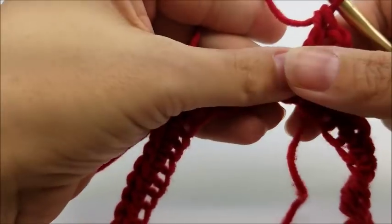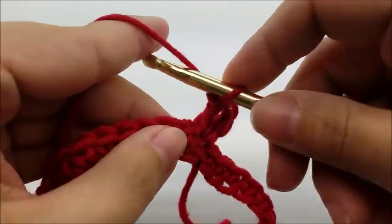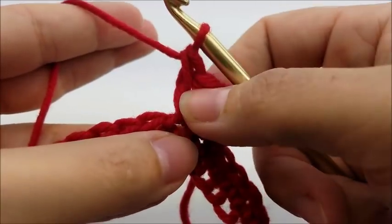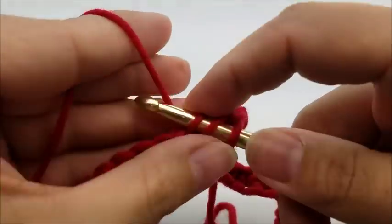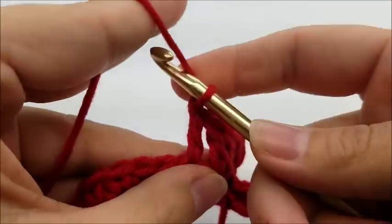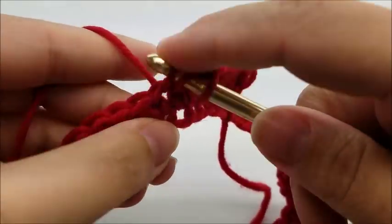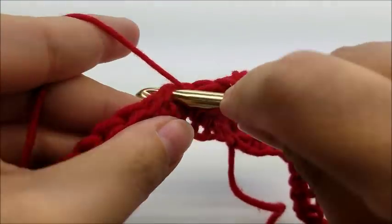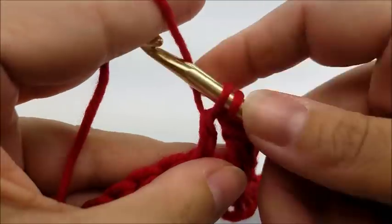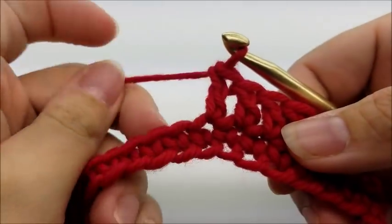Now we're going to work across, and we're going to put 1 double crochet into the next 41 stitches. So go right over to the next stitch, and this counts as number 1. We don't count the point as a stitch. So there's 1, 2, 3, 4, 5, 6, 7. Okay, once you did your double crochet into the next 41 stitches,